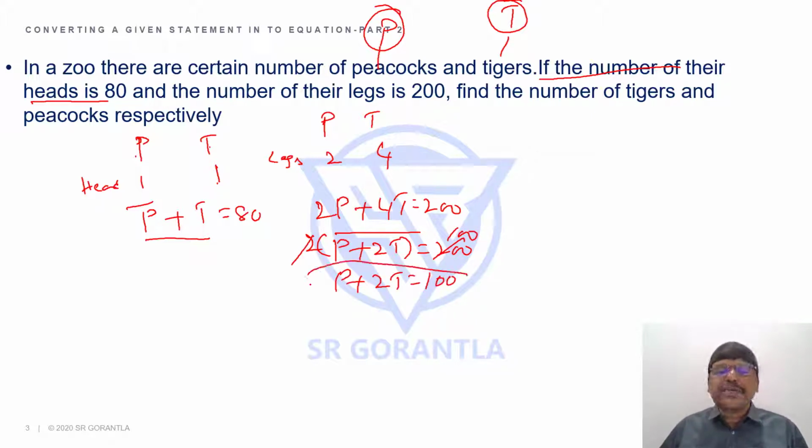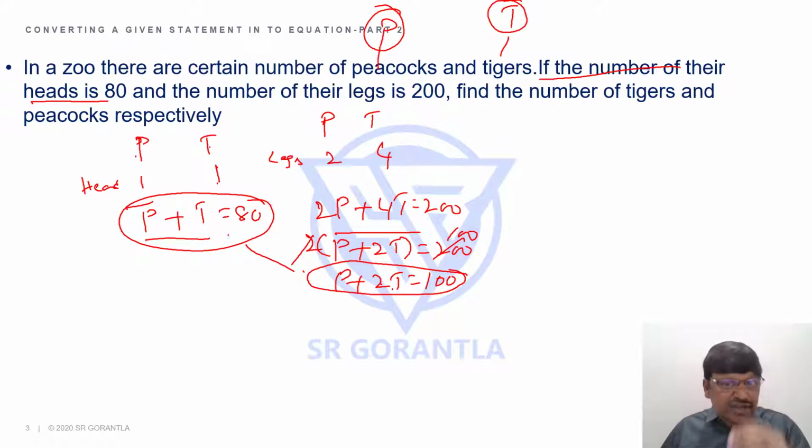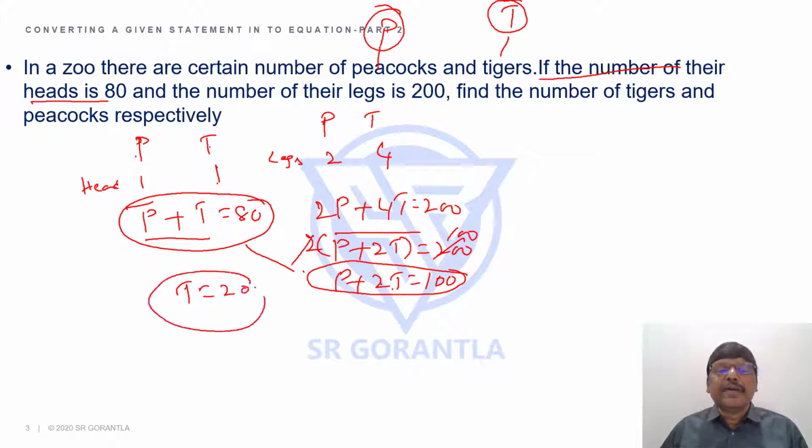Let's not write more and more steps, students. P plus T is 80. What is the difference between these two equations? P goes, 2T and T. As I said, let's reduce the number of steps. 1T equals to how much? It is 20, because 2T here, 1T here, the difference is 1T. 100 minus 80, the difference is 20. P is common. Once T is 20, students, what about P? P is 80 minus 20, 60. Can you say it or not? 80 minus 20, it is 60. Right? Or you can see 60 plus 20, 80 satisfied or not? Yes.